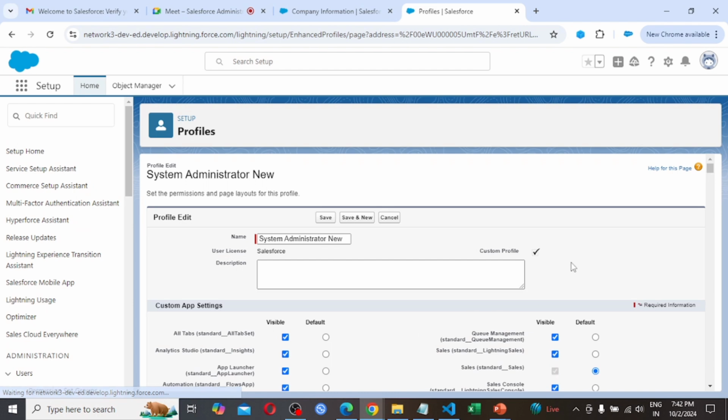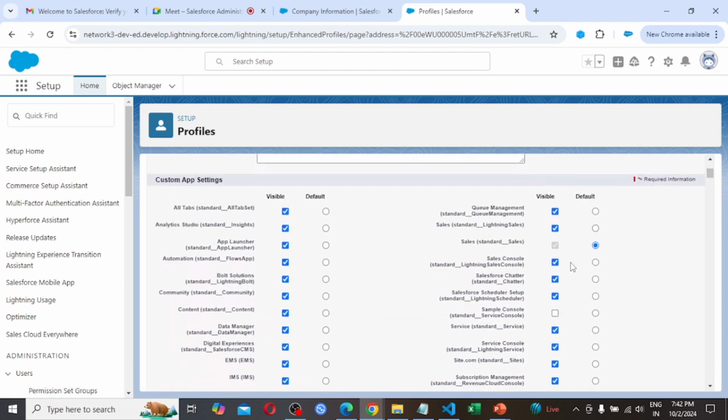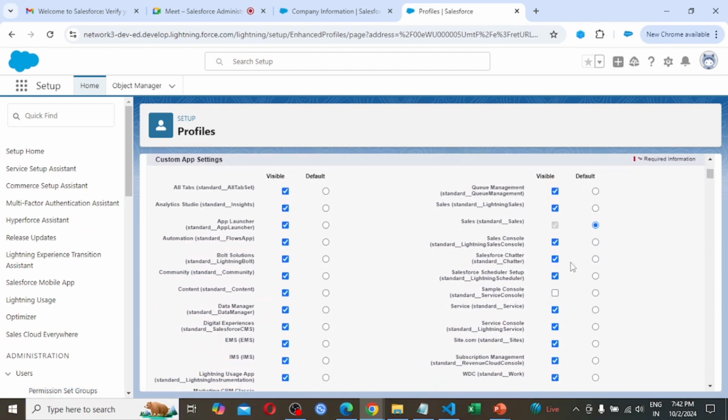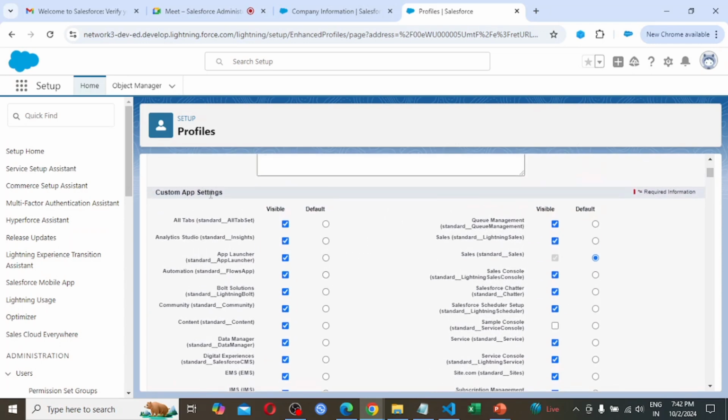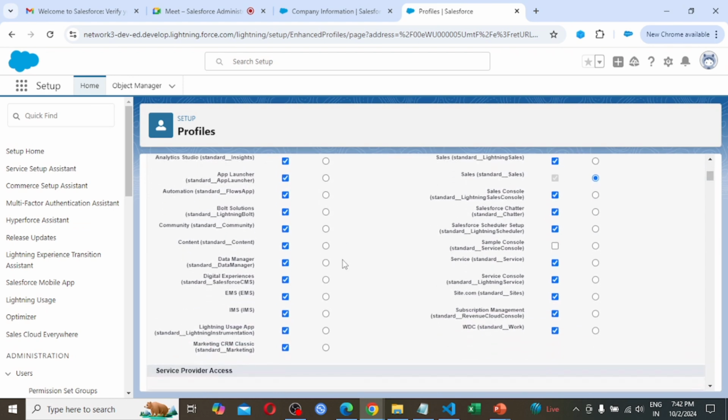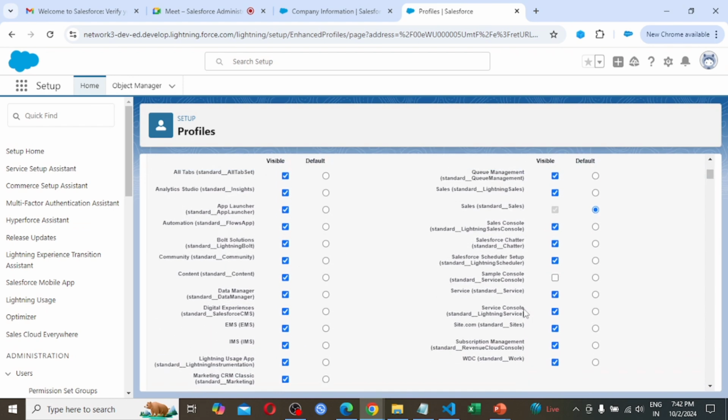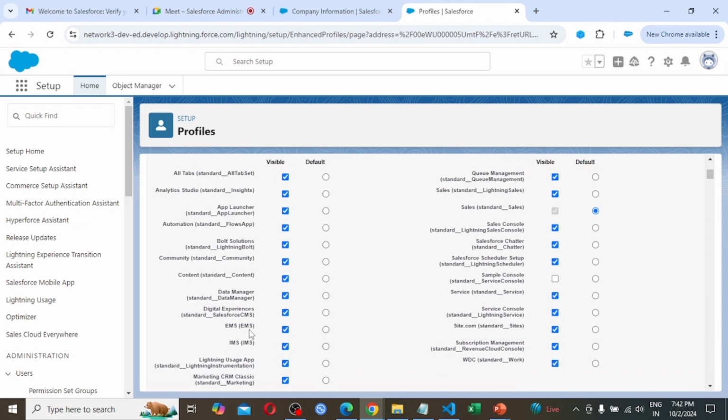What I have to do here, so that user A can't access any other application, from the custom app settings, is uncheck all of these and provide access only to the employee management system application. So I need to uncheck all these applications. These are all the applications.